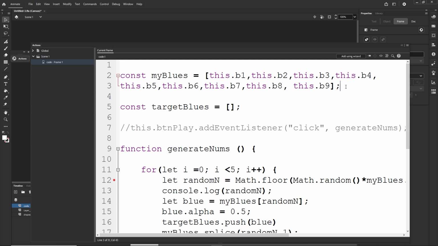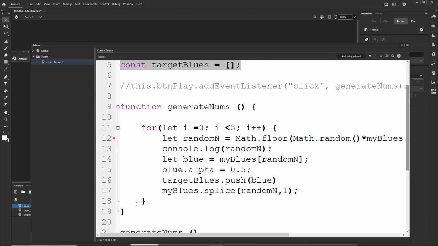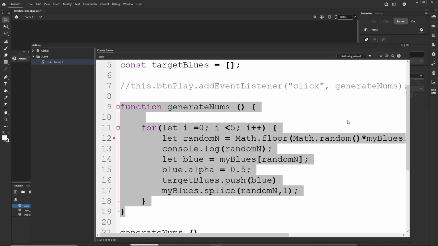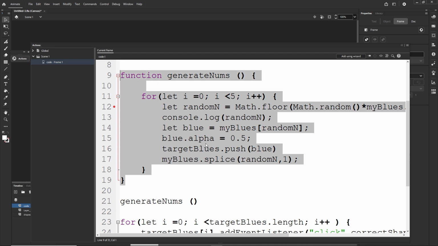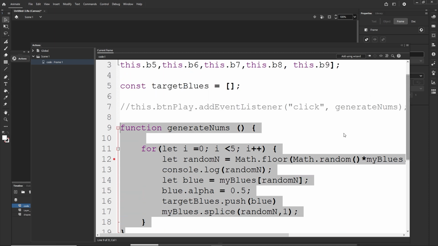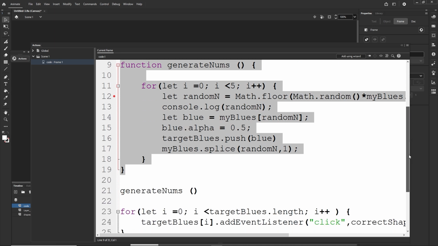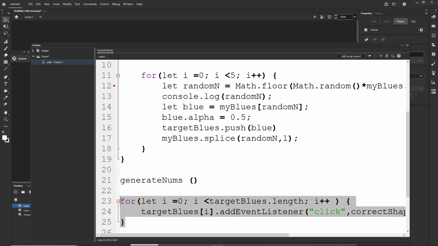So for JavaScript, it's like, okay, we are going to have some array myBlues, it is going to contain these shapes. Then we are going to have targetBlues and it is going to be empty. The commented part is going to be ignored. Then we are going to have the function, but the function is not going to do anything. Then we are going to go to generateNums, and when JavaScript goes to generateNums, it is going to execute the function. So it is going to create the for loop and it is going to fill my targetBlues with the shapes. So by the time we get to this code, targetBlues is going to be filled with the